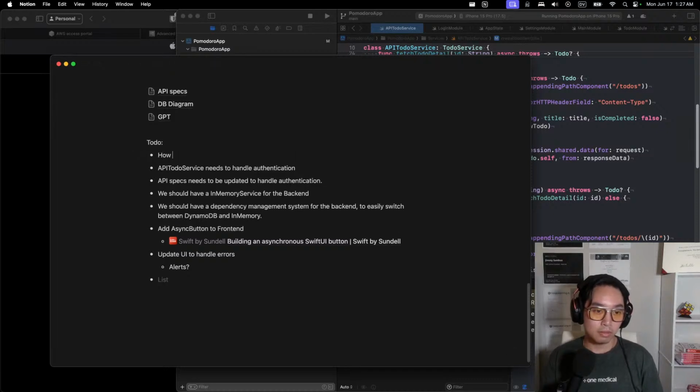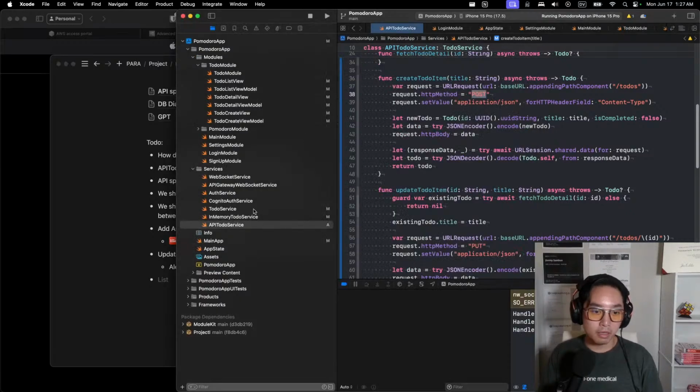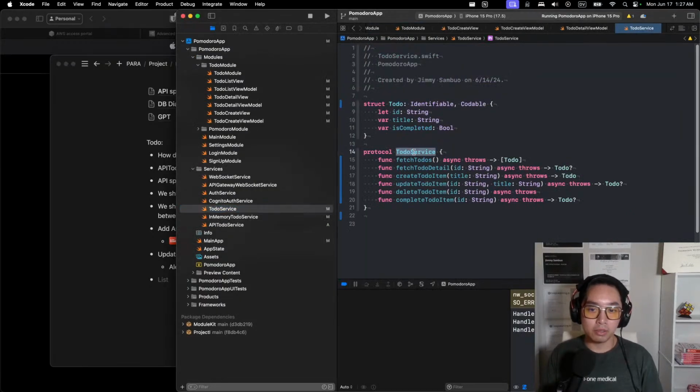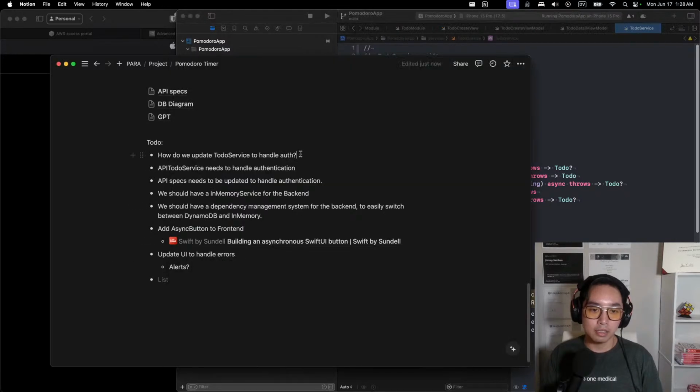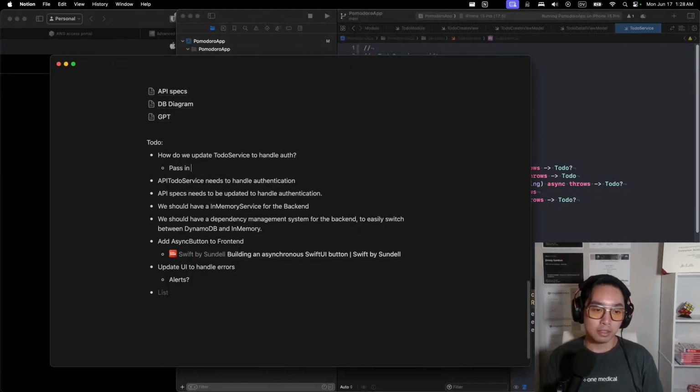How do we update to-do service to handle auth? I'm phrasing this as a question because I don't know the answer. But that one refers to, given this protocol, and we have an instance of this protocol, right? Either in memory or API. Somehow, I'll need to get the authentication status. Pass in auth